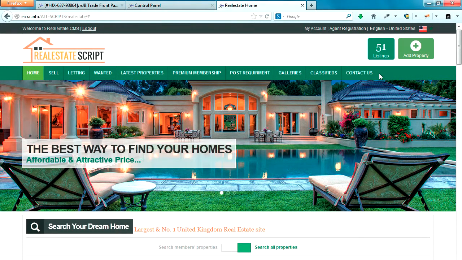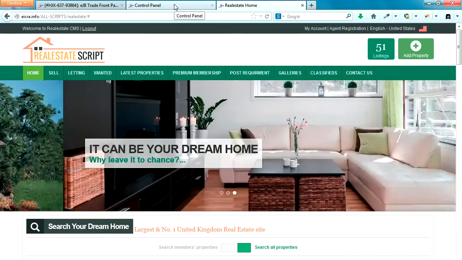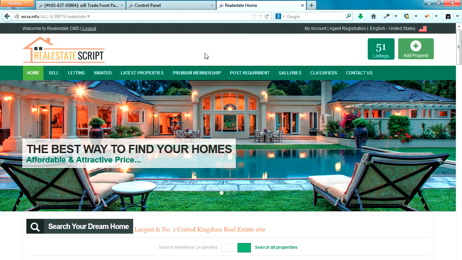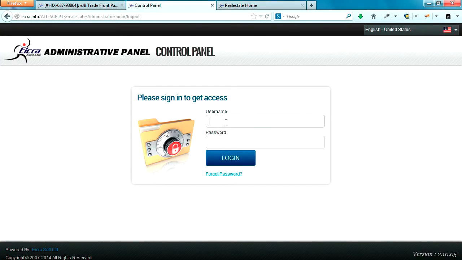I would add a new menu here as a carrier. So let us log in to our administration control panel to create a new menu just after contact us. So after contact us we would like to see a new menu called carrier. So what we will do, we will log into our backend,